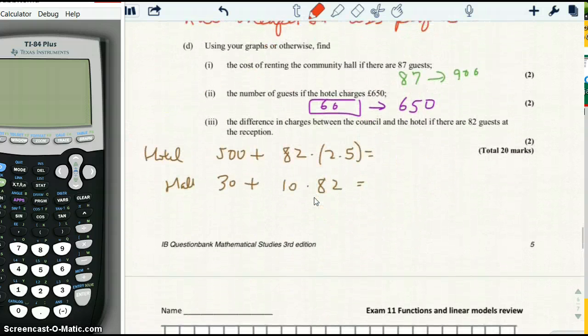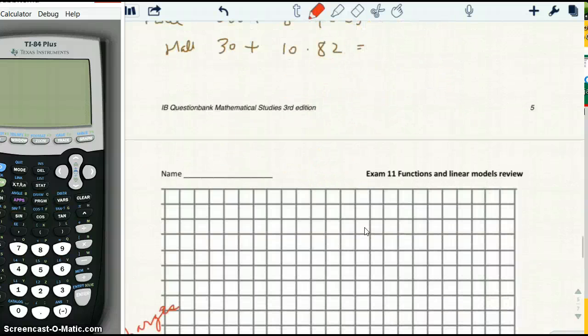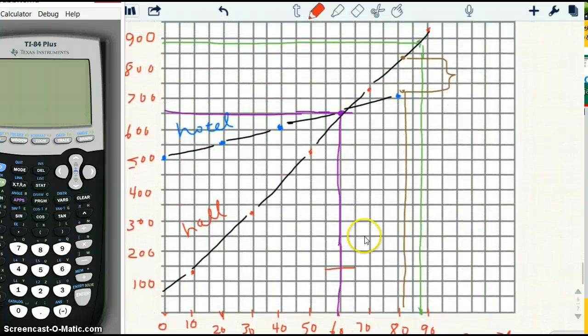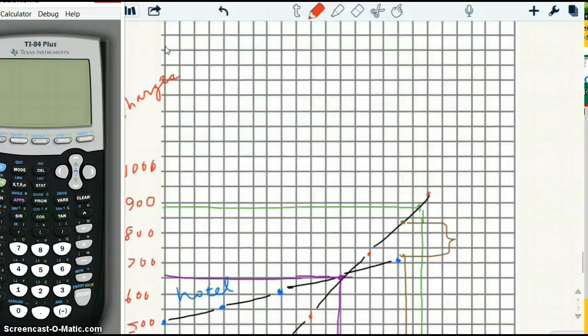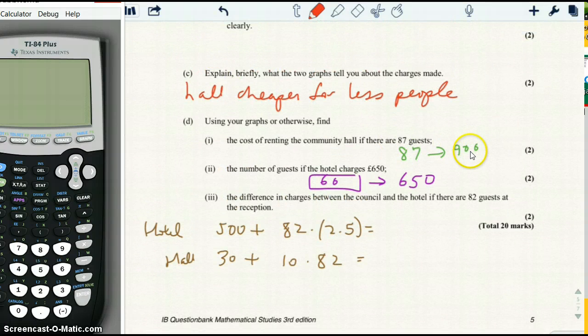What else? Using your graphs or otherwise, find the cost of renting the community hall if there are 87 guests. Well, if you use the graph, just make sure you draw very carefully. So we'll look at 87. 87 is this green line here. So 87 guests, we would draw up to about there. And so that would be about 880 pounds, something like that. It's kind of hard to tell on this graph. So I put 900 here, but actually it would probably be